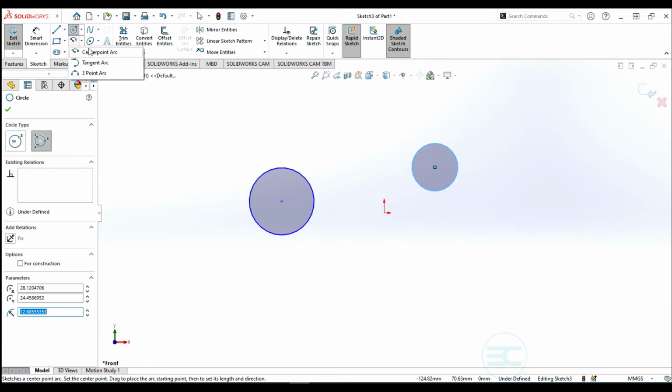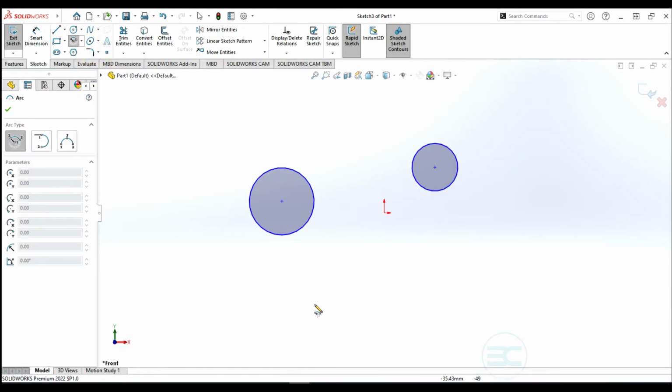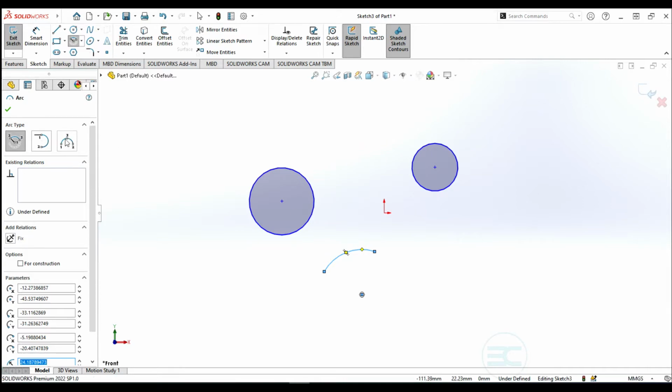Below the circle command, we do have arcs, and we have three types of arc. The first one is the center point arc. Select the center point, then if you run into that problem, just move around it again so that you get an arc like that. So that is a center point arc. The second arc there is called the 3-point arc, where you move up to the end points. Now the third point is where you are able to